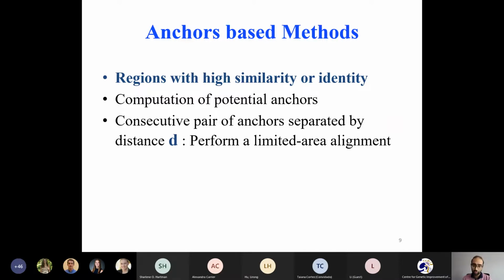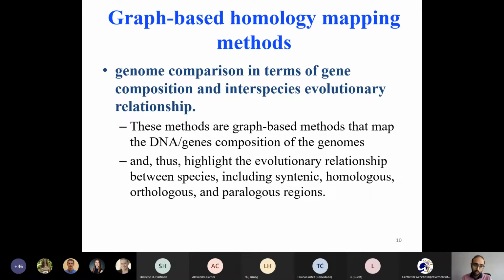And we try to, if there is some distance or some mismatch between the two regions with high similarity, we can decide if we can merge them and put them together on the same region. The third class is the graph-based homology mapping methods, and they try to make the genome comparison in terms of gene composition to understand the evolutionary relationship between the different species and the different genomes that we have in